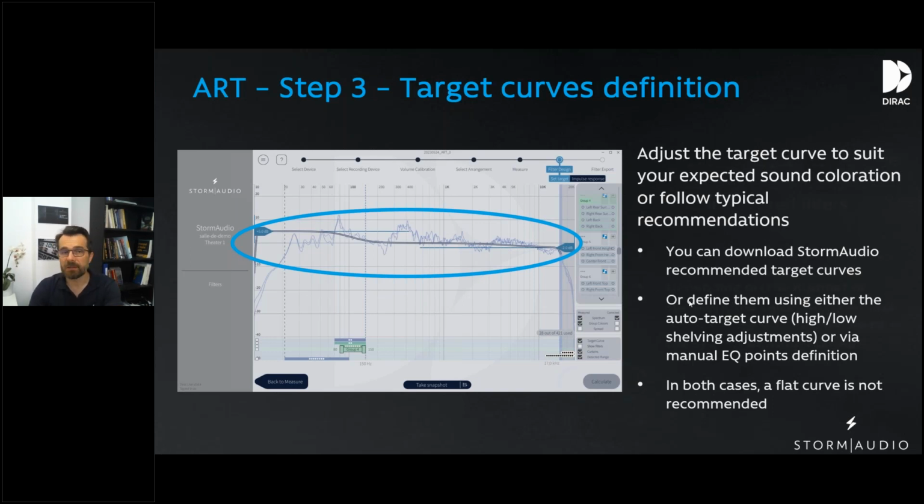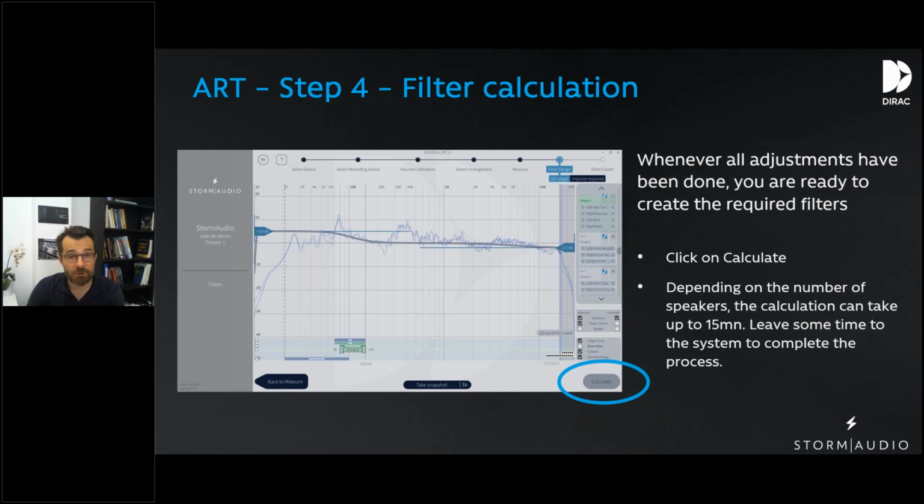Whenever you're done with the target curve, you can go into calculate. Just be aware that this can take time, depending on the number of speakers and the number of support filters that you have defined. The process can go up to 10 to 15 minutes, so don't worry about it. Do not interrupt the process. Just let it go. And whenever this is done, you will end up with